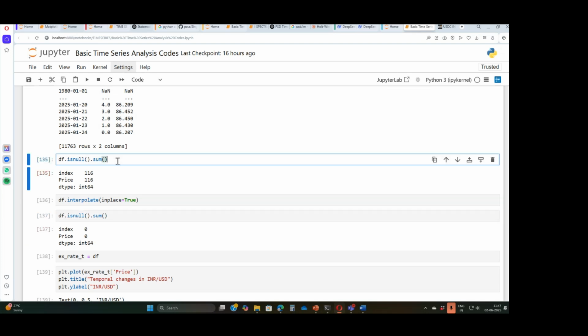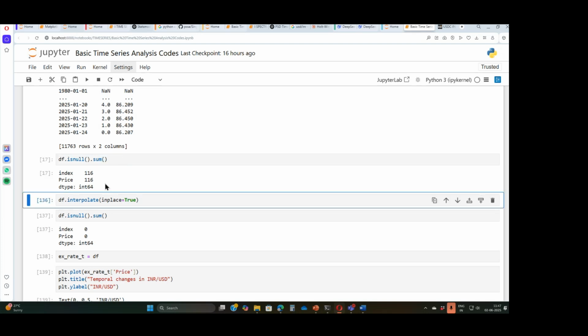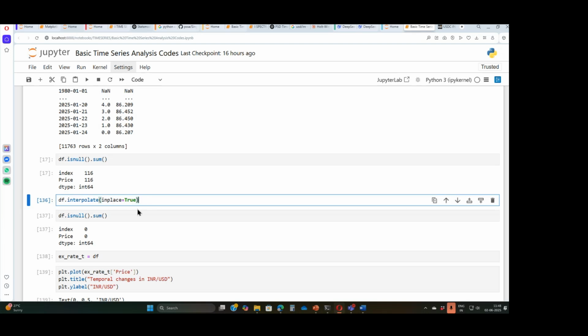So I get this one. And what it says is you've got 116 missing values because all the holidays, Christmas, New Year's, everything becomes holiday. So that has to be treated accordingly. So I've got 116 missing values. Now I can interpolate those missing values very easily using a linear interpolation by just using the command df.interpolate, where df is the name of the file. That means all the variables in the file will get interpolated. inplace equal to True means please retain the changes.